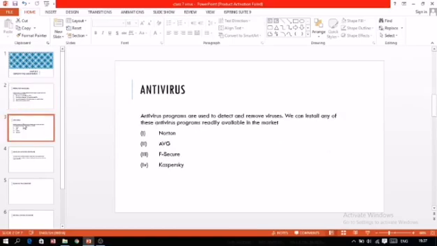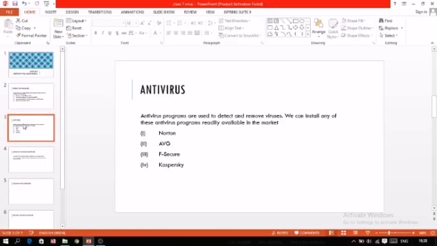Now the next topic is antivirus. Antivirus programs are used to detect and remove viruses. We can install any of these antivirus programs readily available in the market. Some of these are Norton, AVG, F-Secure, Kaspersky. These are some of the antivirus programs.